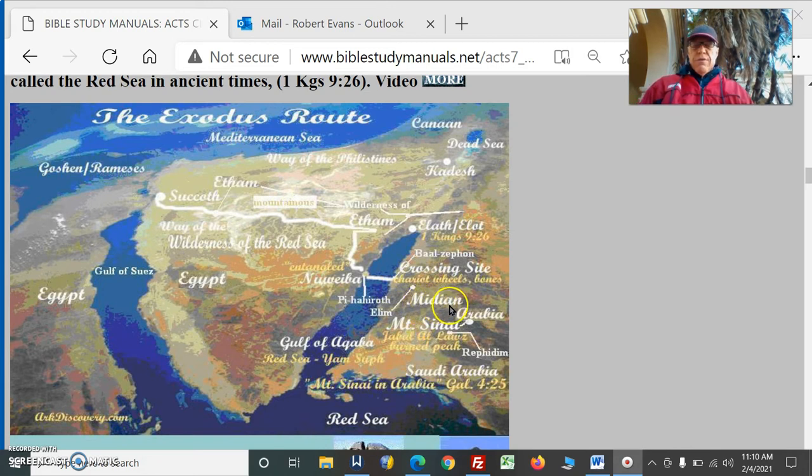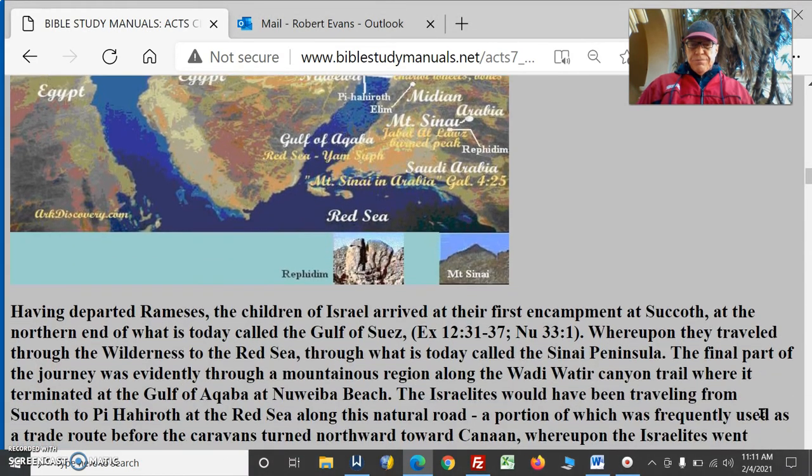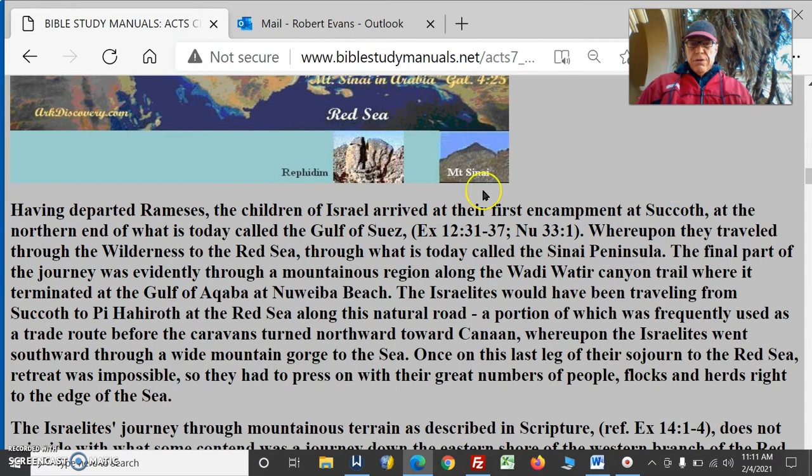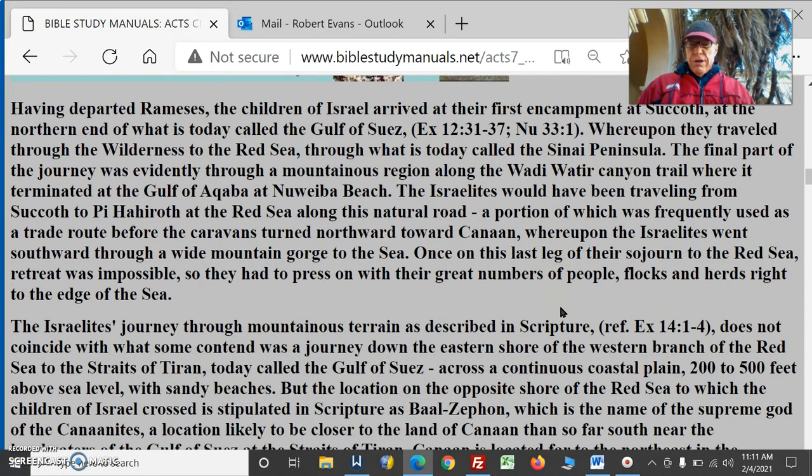Where did Moses come from? Forty-some-odd years there. That's Arabia, and Mount Sinai is also there as well. And Paul's writings in Galatians 4:25 indicate that Mount Sinai is in Arabia. So let's move on down gently. Picture of Mount Sinai.